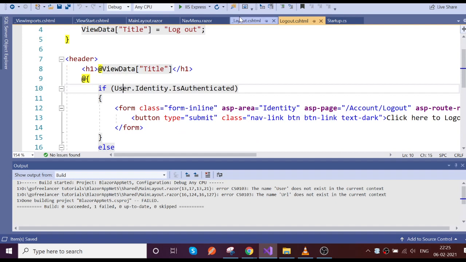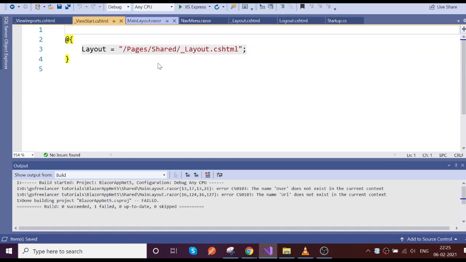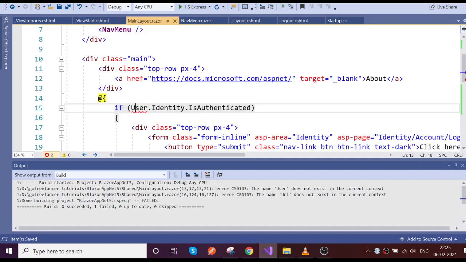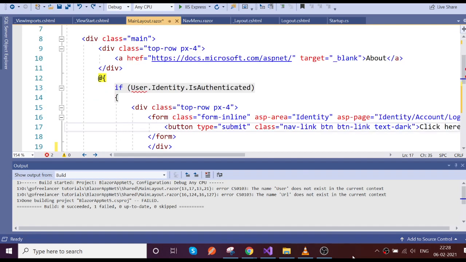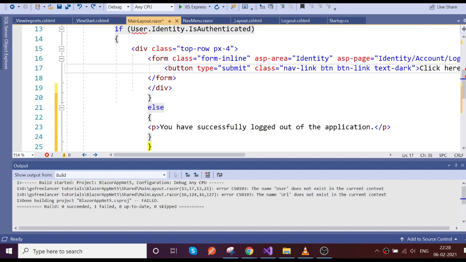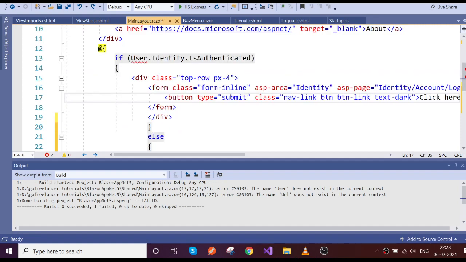This is supposed to be there in System.Security.Claims. Let it be for now.